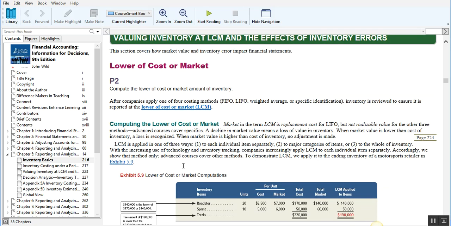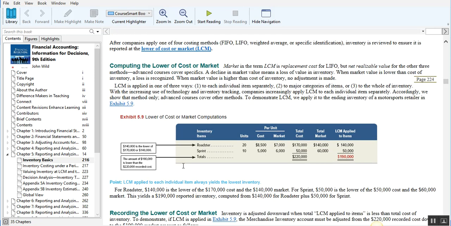The one thing that we didn't talk about in class, and we're going to continue to talk about this in class when we meet again, is valuing inventory at lower of cost or market, and then what might happen if you have an inventory error. So the lower of cost or market basically means when you do your inventory valuation, there is the possibility that the market may have changed for your goods. And if it has, you'll want to look at what is out in the market and compare it to what